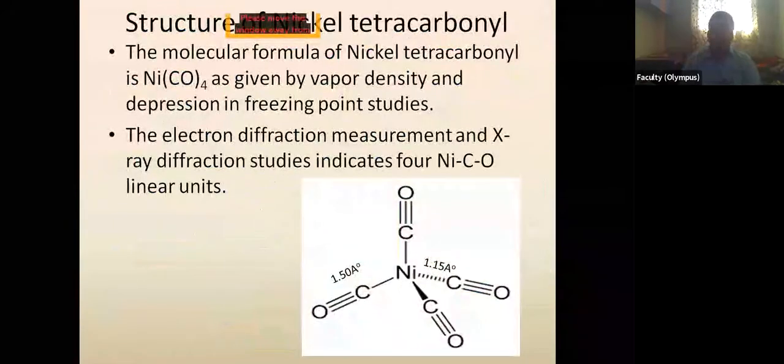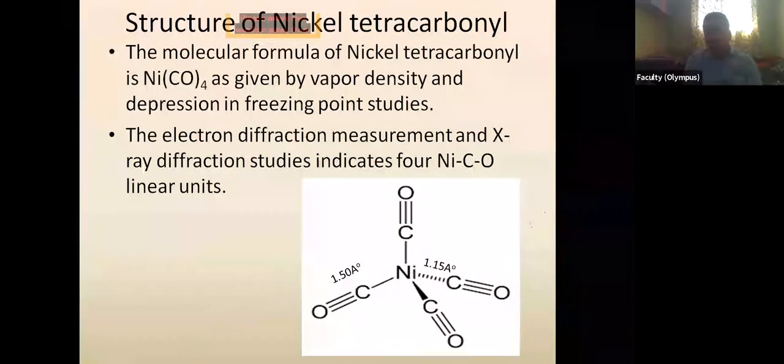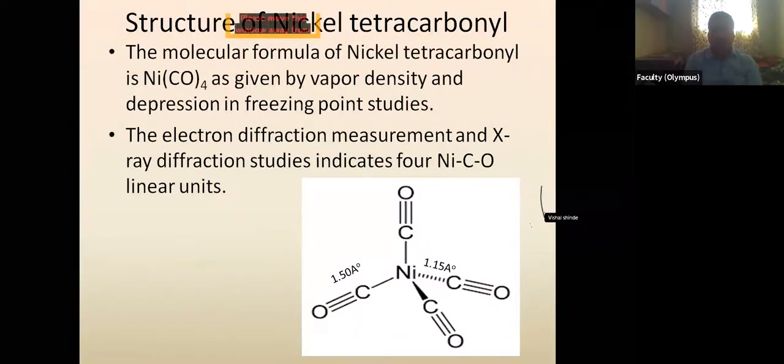Now we have to see the structure of nickel tetracarbonyl. How to predict the structure? There are some physical methods to determine the structure, like X-ray diffraction studies, IR studies, NMR studies. The molecular formula of nickel tetracarbonyl is determined by vapor density and depression in freezing point. These are the two methods to determine the molecular formula of this complex. So the molecular formula is obtained as Ni(CO)4, meaning there are 4 carbonyl ligands and 1 nickel